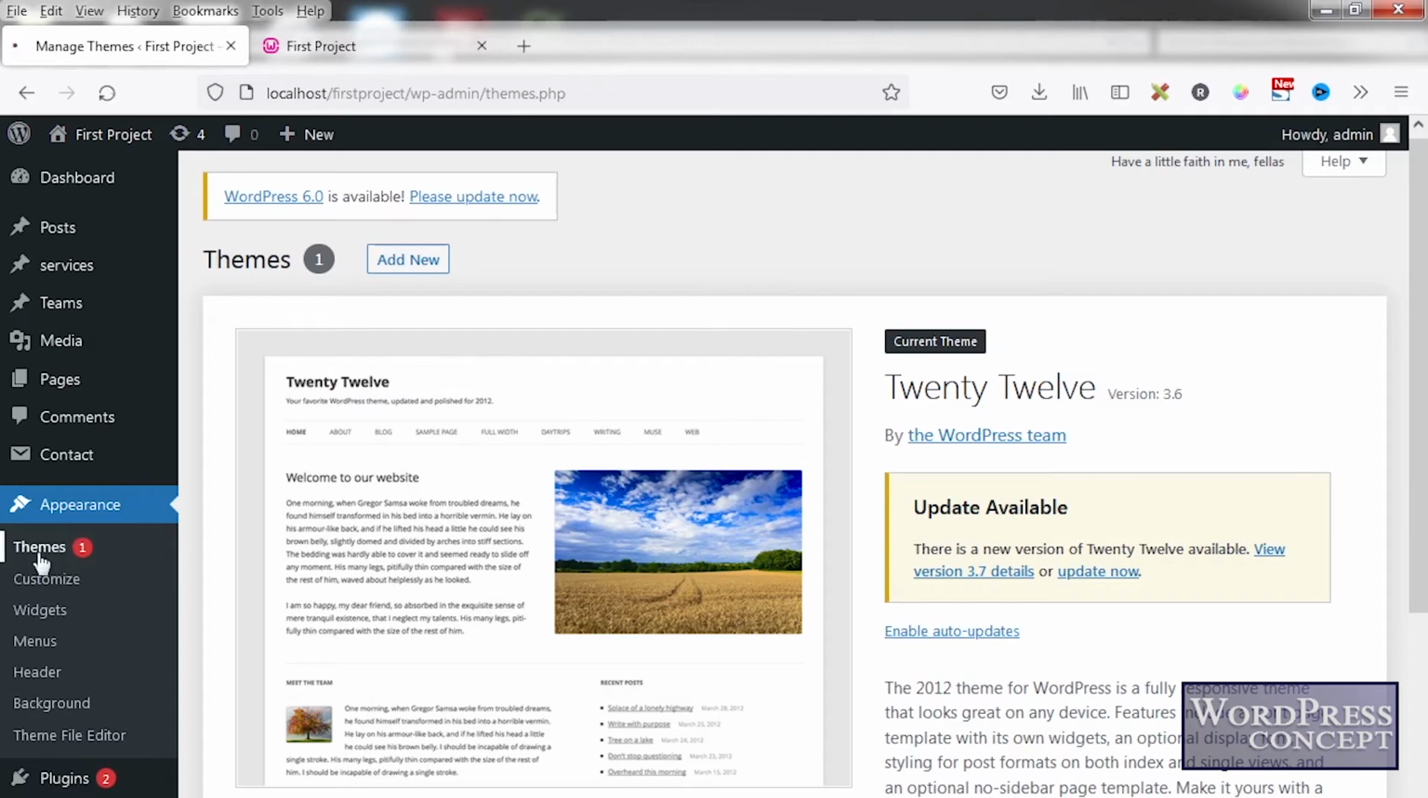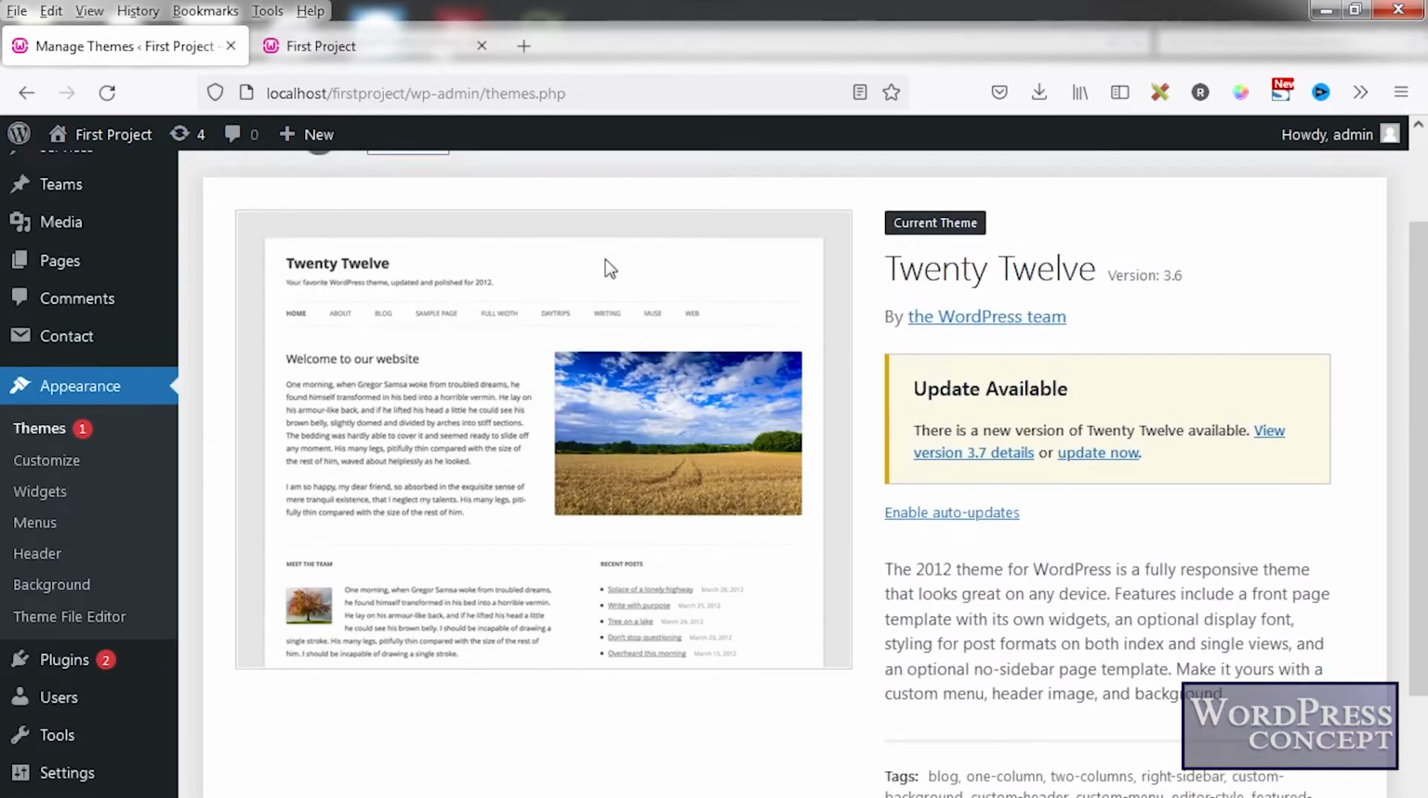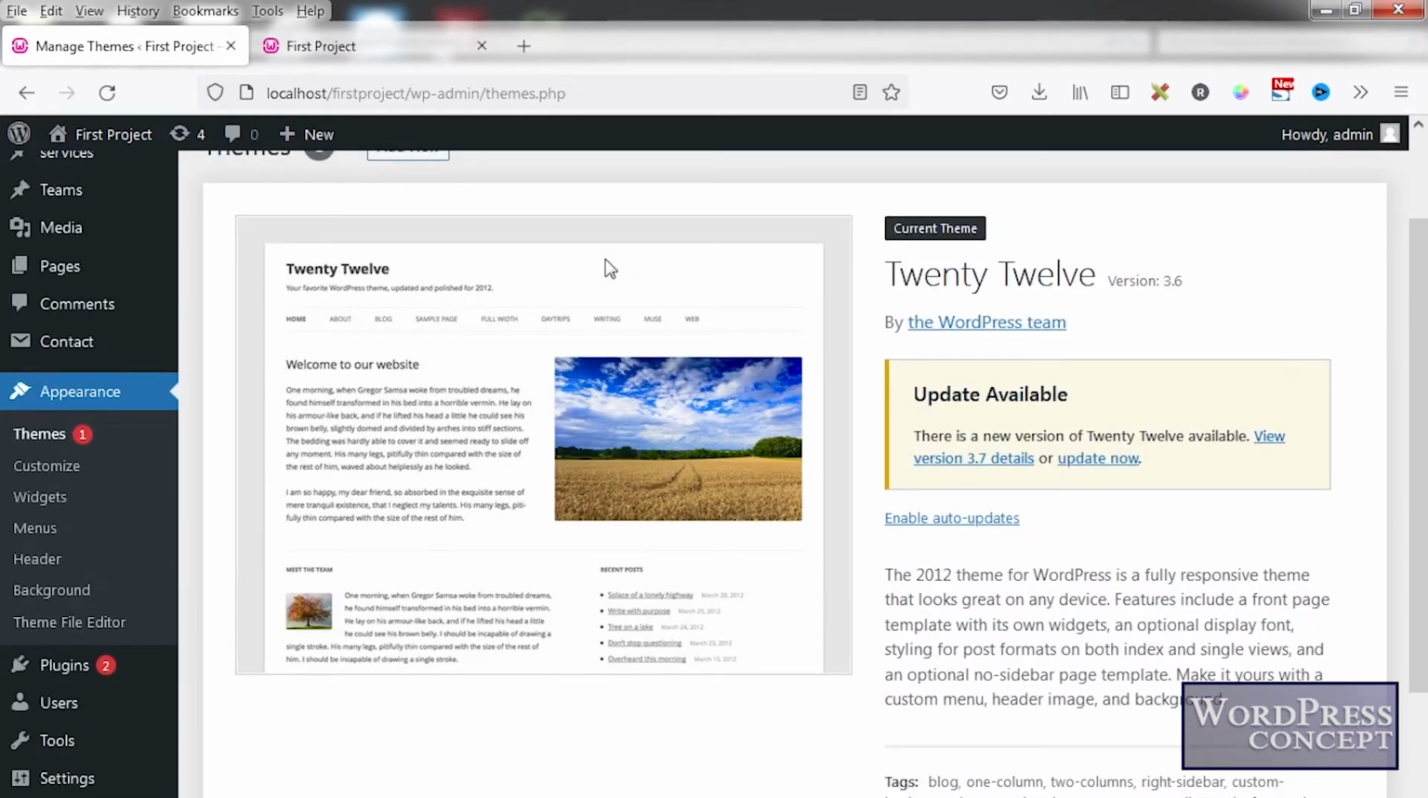If I come here, in the last few lessons we were using this 2012 theme to understand the WP query, the meta query and the tax query, which were discussed in the last lessons. Now almost all the topics of WP query are complete. Now we will think about how we can convert this default WordPress theme into our own theme. To do that, we will actually come to